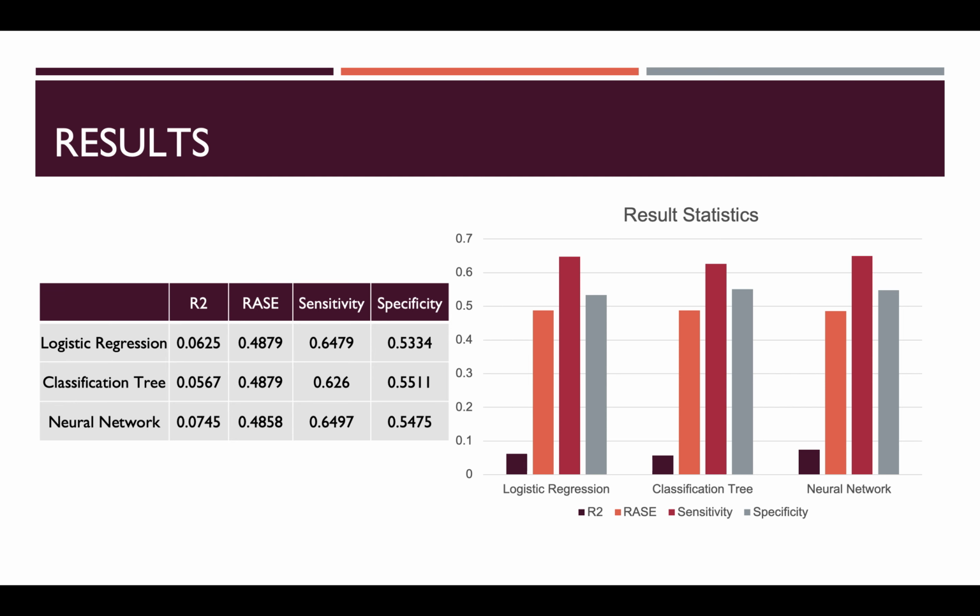One of the takeaways from these results is that the models all performed poorly in predicting the target in terms of model fit. Moreover, they all performed similarly poorly, with the neural network performing slightly better in all metrics. This is also true of the additional metrics that are included in the written report.